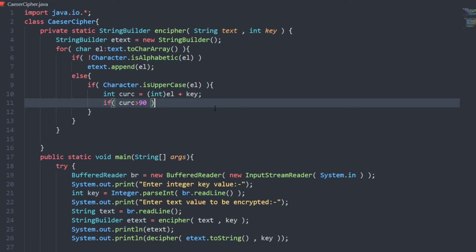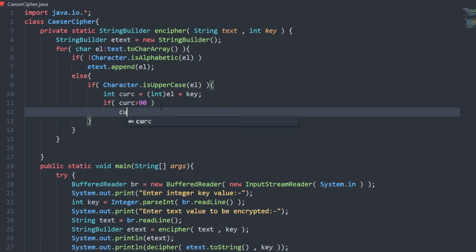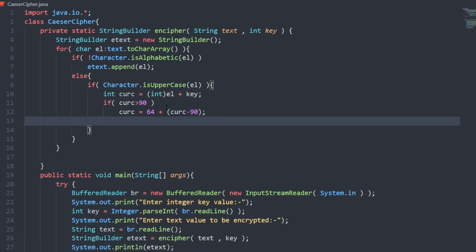But if it exceeds, if our current C exceeds 90, which is definitely not an uppercase character, what we can do is recalculate our current C, which will be equal to 64 plus our current C minus 90. Because it exceeds 90, we will know exactly how many numbers we have to add so that we get our perfect ASCII value.